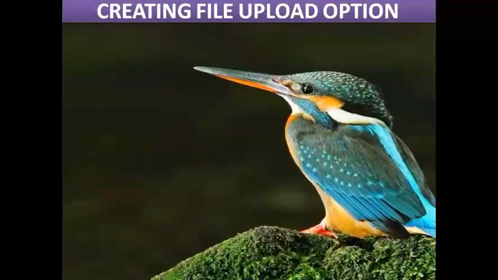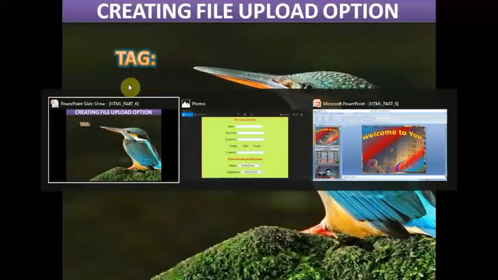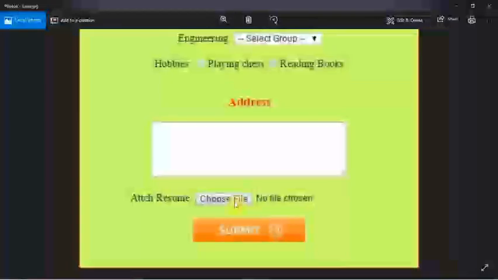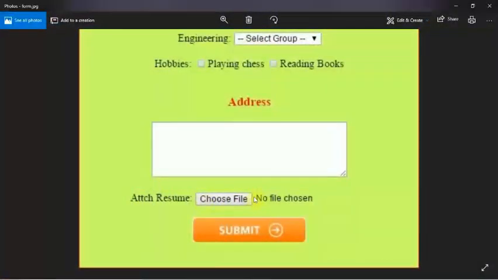Here you have to understand how sometimes we need to upload our photo, sometimes we need to upload our certificate or resume, then we have to create this control on the web page. And for creating the file upload option, again I want to show you one example how to create file upload. But first of all you have to understand about this. What do you mean by file upload? This is called file upload option. This type of control, how to create on the web page.